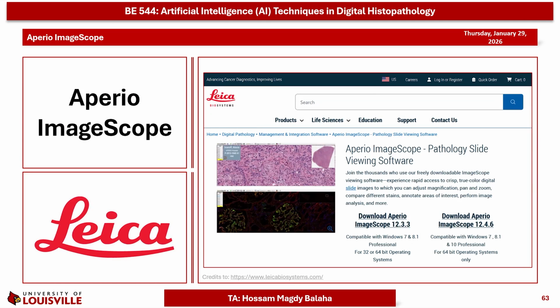Although ImageScope doesn't natively support deep learning model integration like QPath, it excels in standardized visual assessment, manual annotation, and quantitative analysis, particularly through built-in algorithms such as positive pixel count, which provides objective scoring of biomarker expression in stained